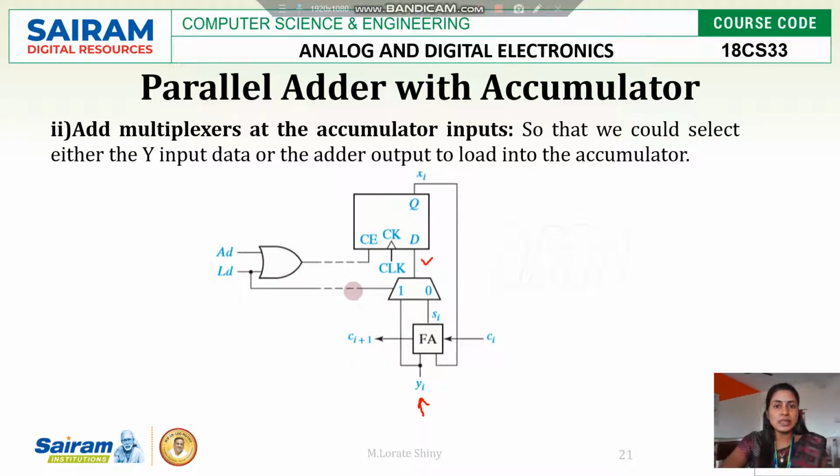We all know a multiplexer needs data inputs, a data output and a selection input. Here load is acting as the selection input. If load is 1, then the Y line will be activated, and whatever input we apply to Y1 will be the input of the D flip-flop.